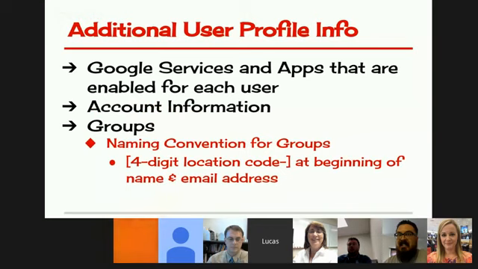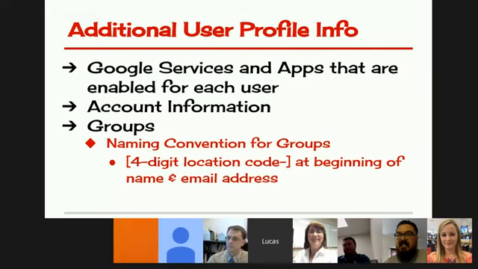Additional information in the profile, you can see how many services, account information. You see the groups. Now, the naming convention on the groups is very important to us. We want to make sure, not that we care how many groups you have or what groups you're creating, but, for example, we had somebody create a period 2 group. So it's period 2 at nb.ccsd.net, and there's a whole bunch of period 2, so I could see some kid trying to, well, I'm in period 2, let me go log in there,